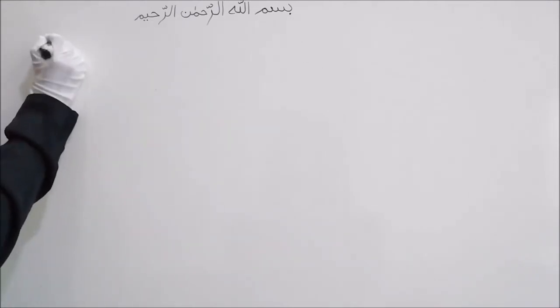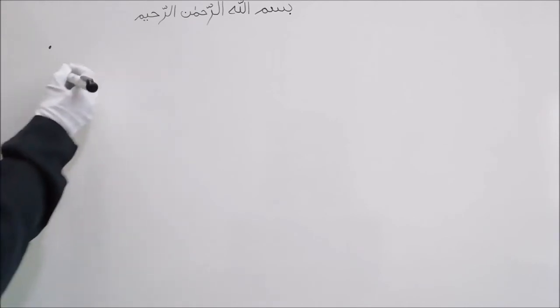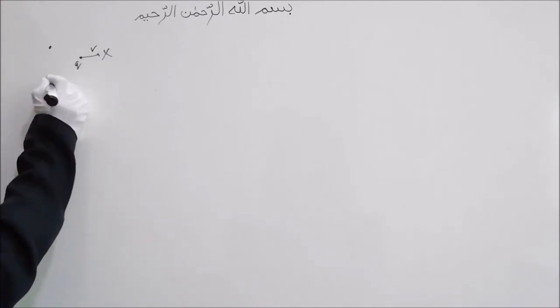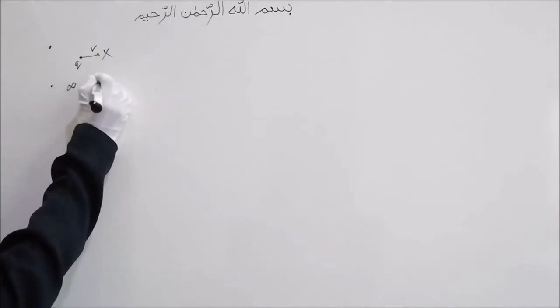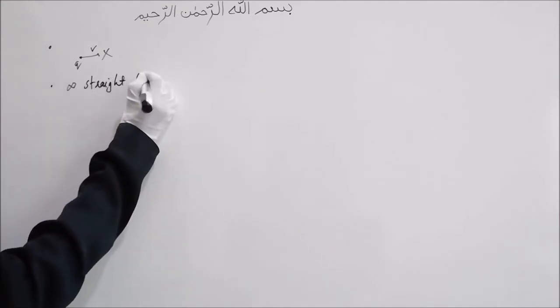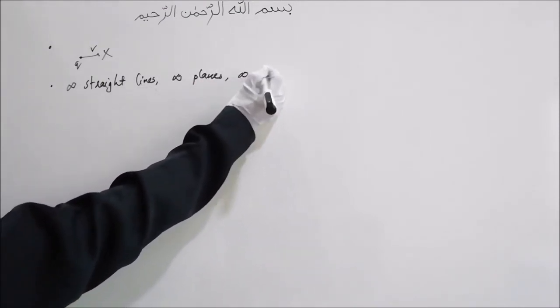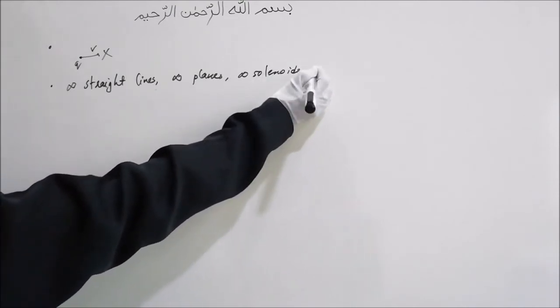The Biot-Savart law which we saw holds only for steady currents. If you do not have a steady current, you cannot use those formulas. So if you have just a point charge q moving with some velocity v, you cannot use the Biot-Savart formula here, because this does not give rise to a steady current. And Ampere's law can be used in current configurations like infinite straight lines, infinite planes, infinite solenoids, as well as toroids.